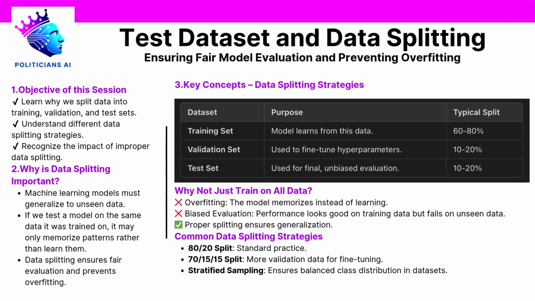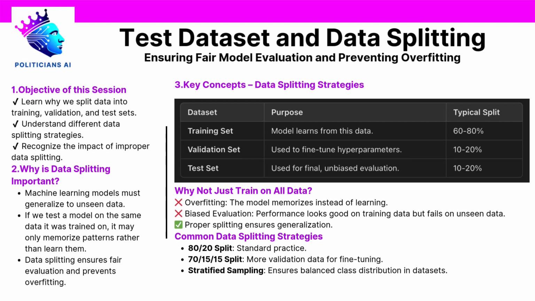Another important technique is stratified sampling, which ensures that each subset maintains the same class distribution as the original dataset. This is especially useful for classification problems where certain categories might be underrepresented. If we randomly split a dataset with imbalanced classes, we risk having an unrepresentative training or test set. By using stratified sampling, we make sure that the proportion of each class remains the same across all subsets, leading